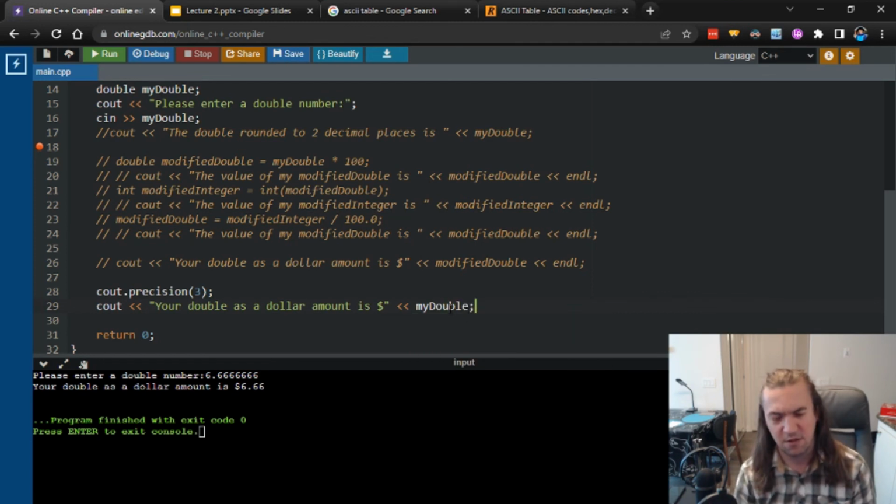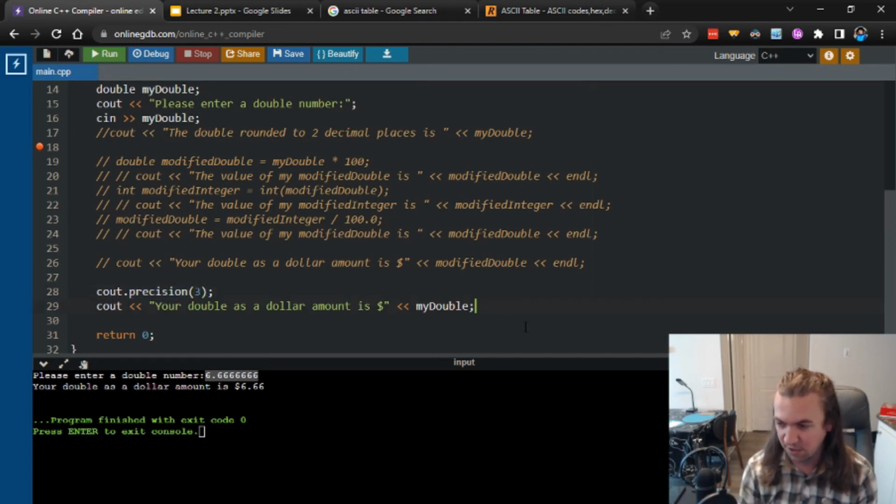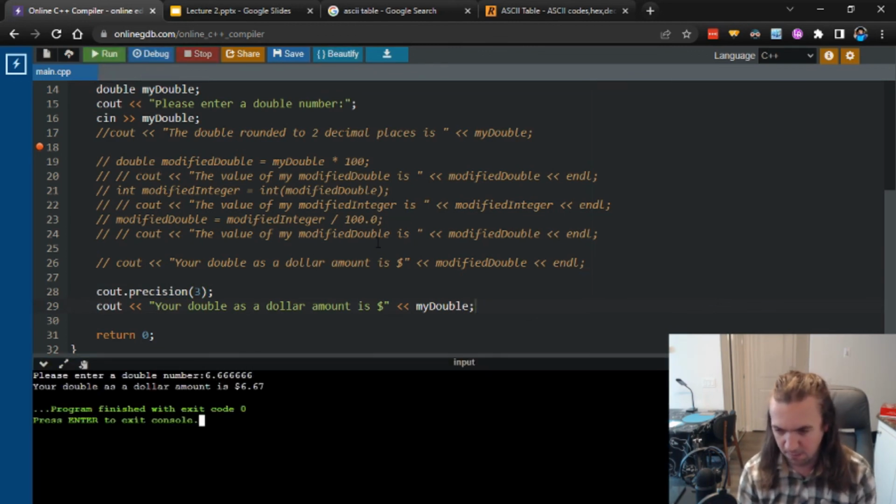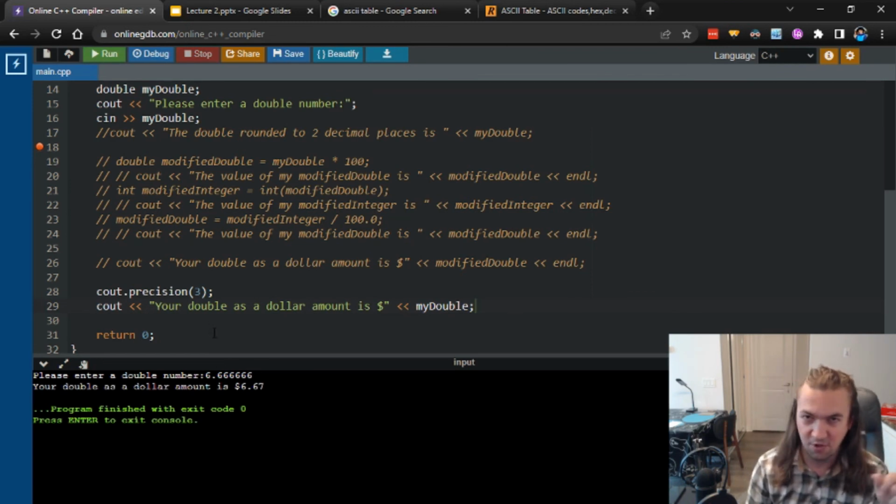Now, bear in mind, this doesn't quite do exactly what we were asking for, because this is only really going to work because I'm doing 6.66 something. So if I was doing a larger number, you might not get what you're looking for. But the precision function of cout allows you to set how many significant digits that you want. So let's give this a shot. 6.6 repeating. And this time it's going to round, because with significant digits you round to the closest. So instead of getting 6.66, I get